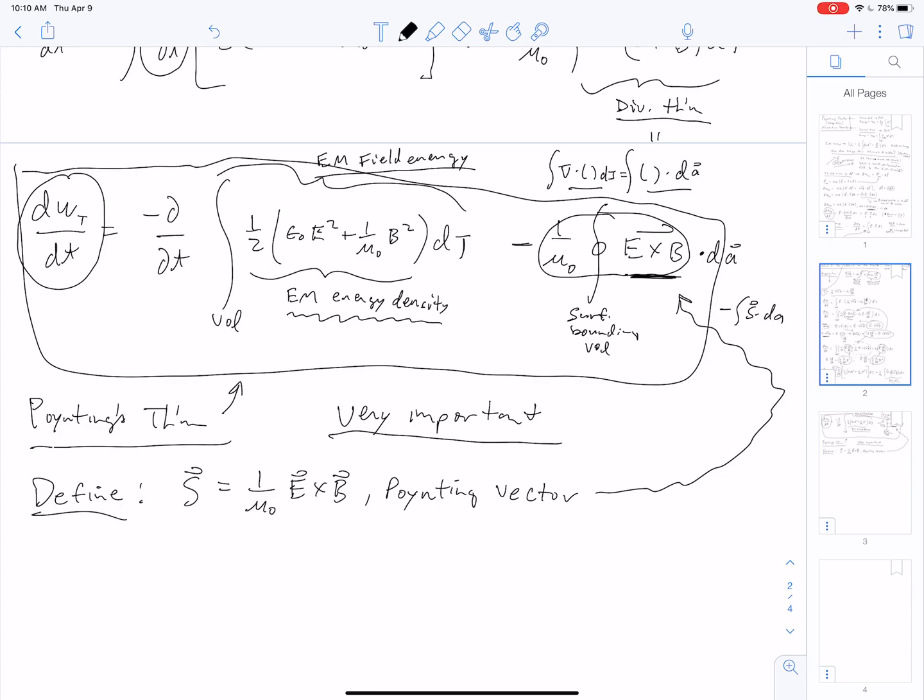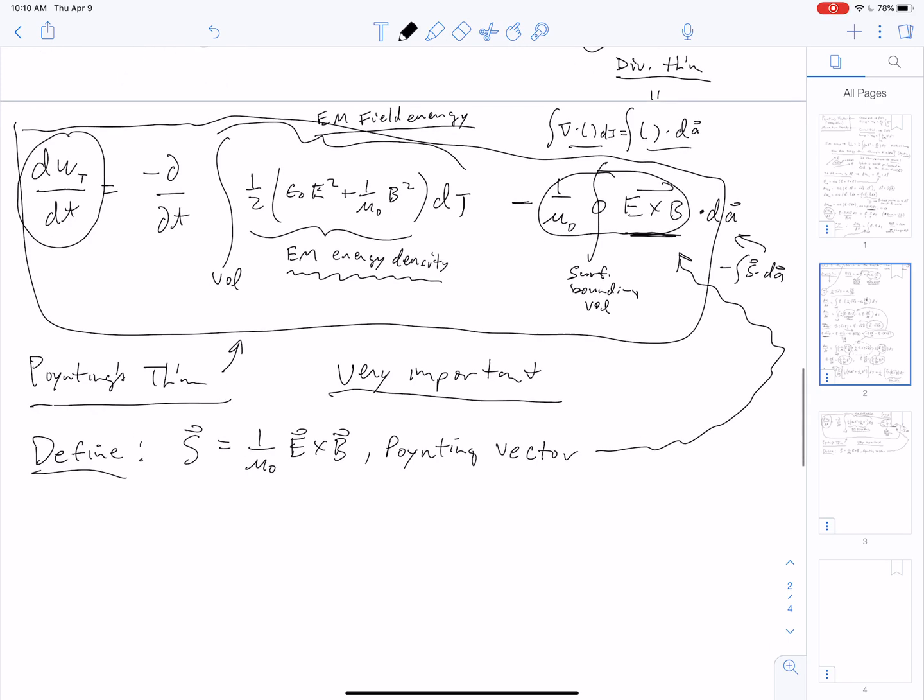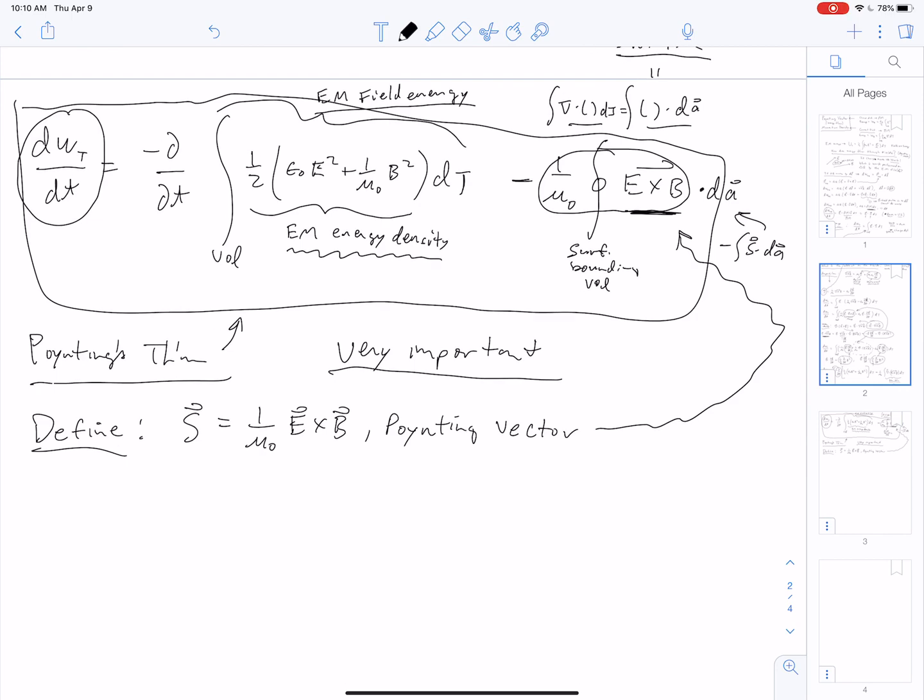That was the whole point of defining the Poynting vector. Let's rewrite this complicated Poynting theorem in a simpler way, by saying that the total electromagnetic energy